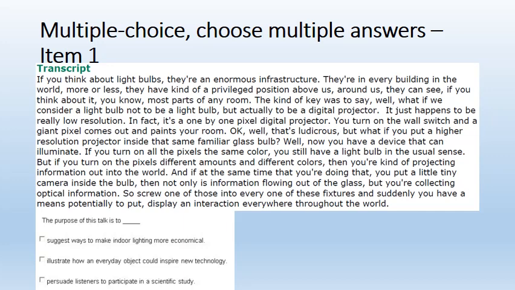If you turn on all the pixels the same color, you still have a light bulb in the usual sense. But if you turn on the pixels different amounts and different colors, then you are projecting information out into the world. And at the same time, you put a little teeny camera inside the bulb,